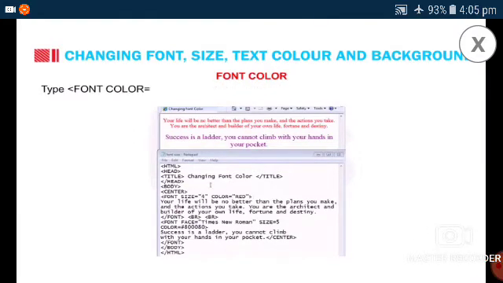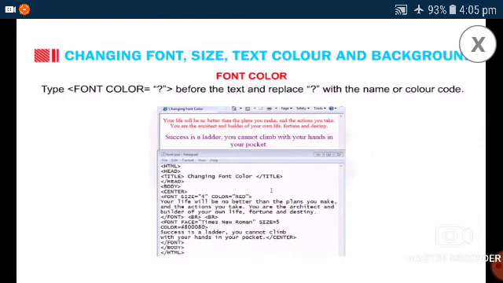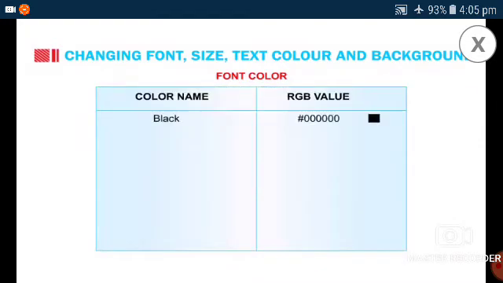Okay, and next one is the color. Font color. What is the font color? See, I want red, blue, green. Okay, like that, before the text replace it, and after that within the name, the color's name goes here, font name black, slash 000. Each and every color must have an RGB value. RGB value means it is a color's value.